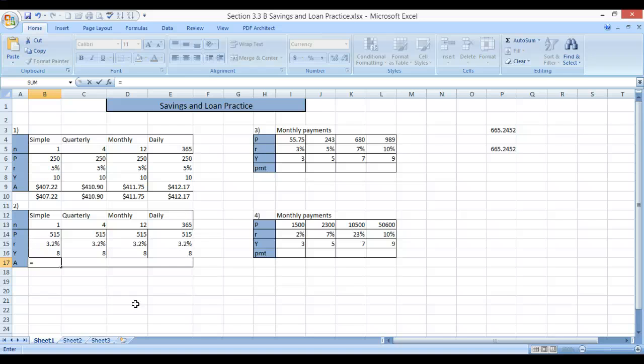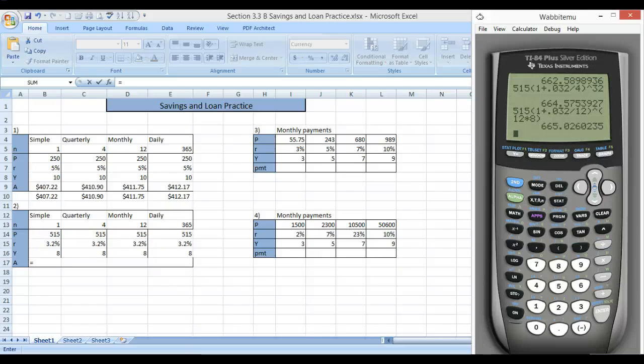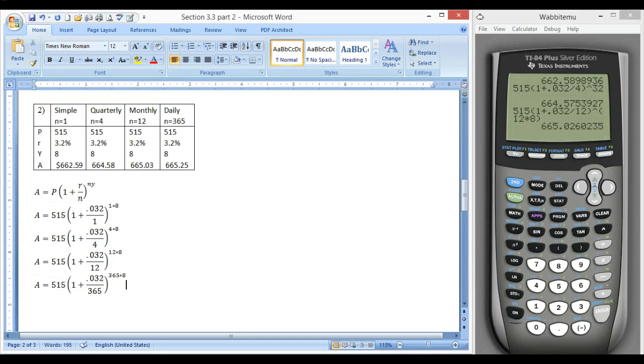Okay, let's go ahead. I told people I would do the scientific calculator, so I'm going to come back in here. I'm sorry, those of you who don't have a scientific calculator, go ahead and skip this part. Those of you who are with a scientific calculator, I apologize, I almost forgot to go through this. Okay, scientific calculator people, we're going to go inside the parentheses and do within there first, doing the order of operations, which means I need to do the division first, and I'm going to go ahead and do this last one. So